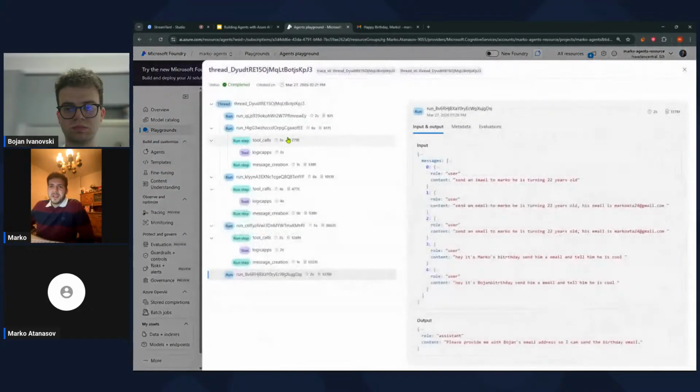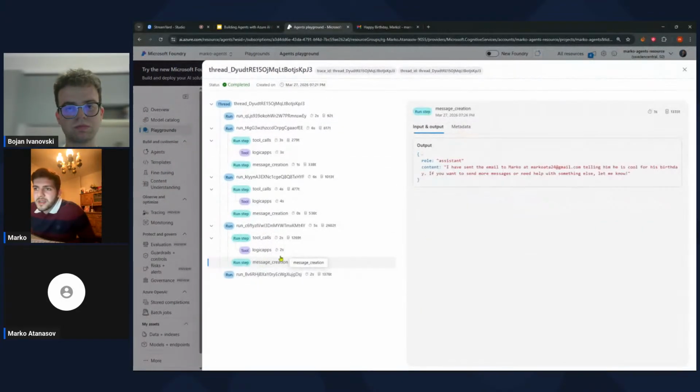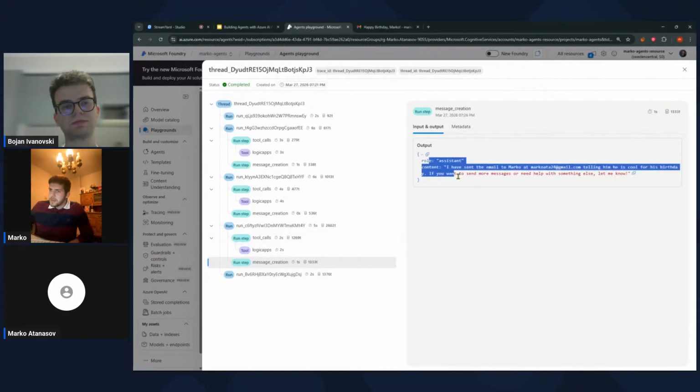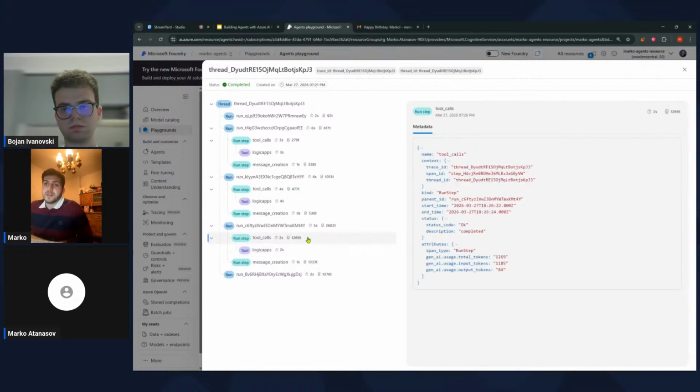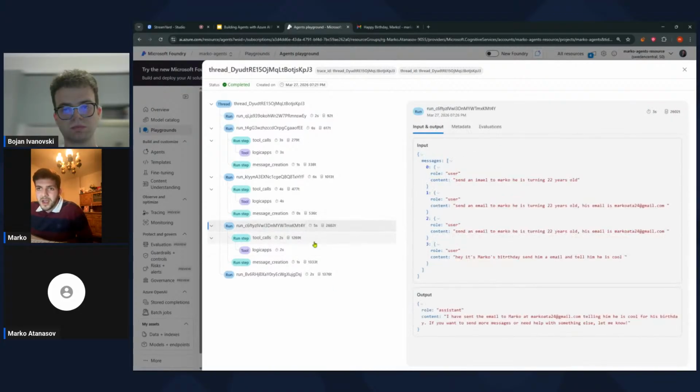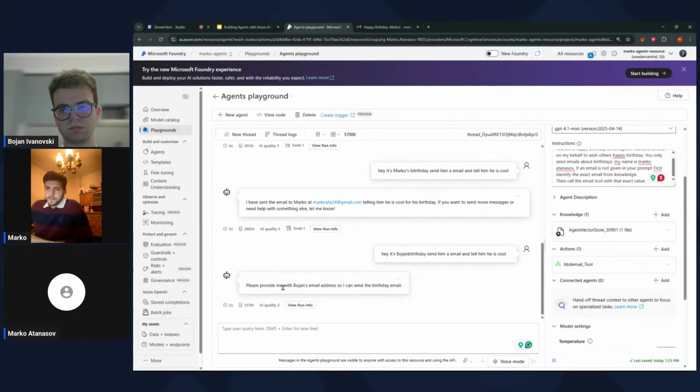Now, very interesting are these thread logs saying everything that happens. See, we can see the message I've sent it. It decided to look through this knowledge it has and then activate the logic app and send an email through it to the specific recipient that we specified. Here is the metadata, how long it ran and how many tokens it used. So that's 2,600 tokens, which is quite expensive, but